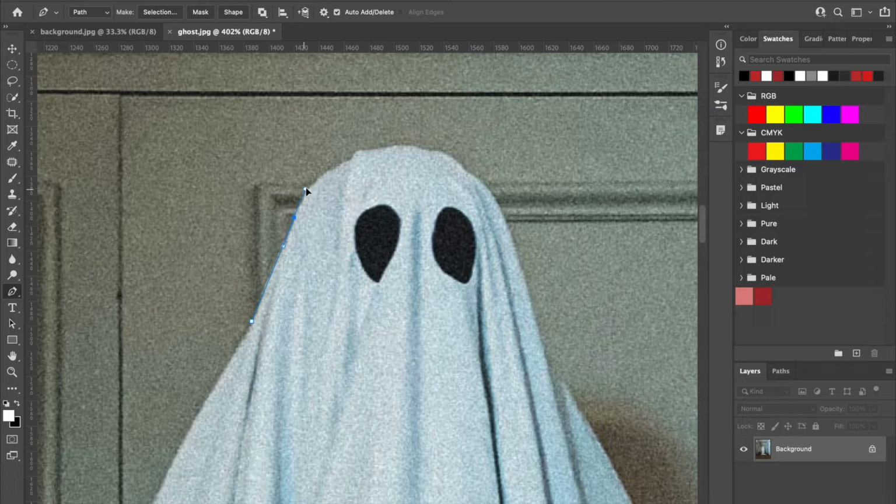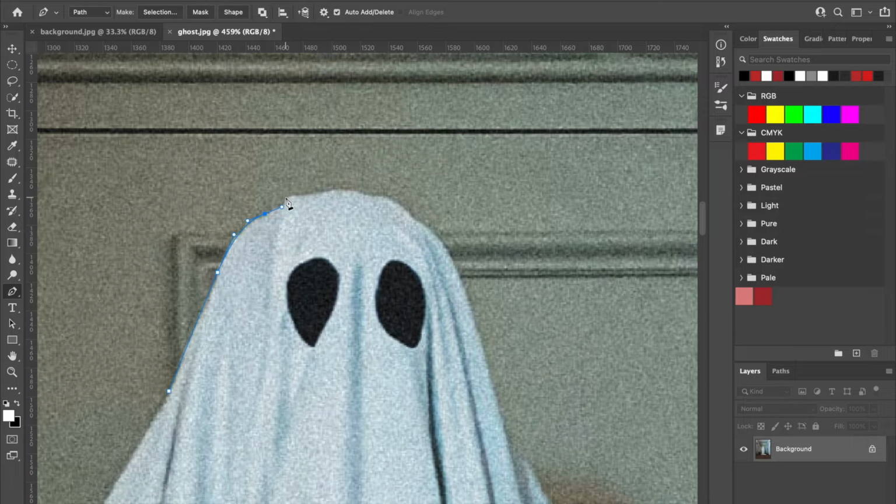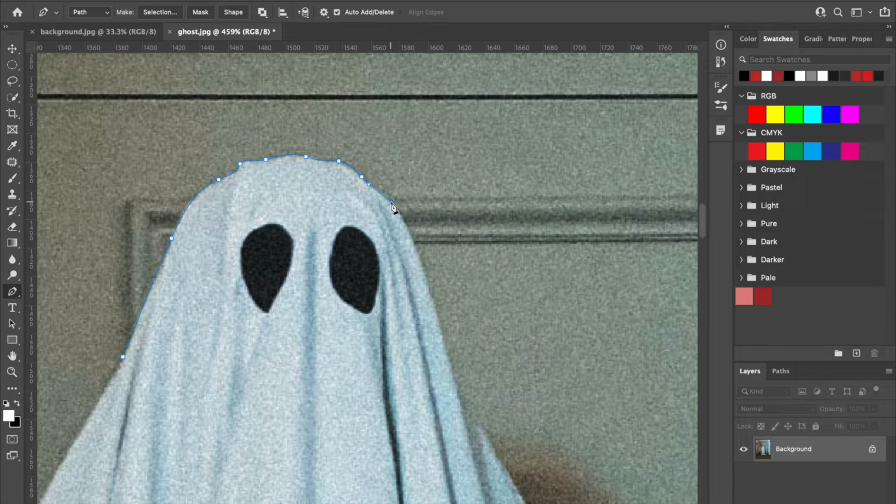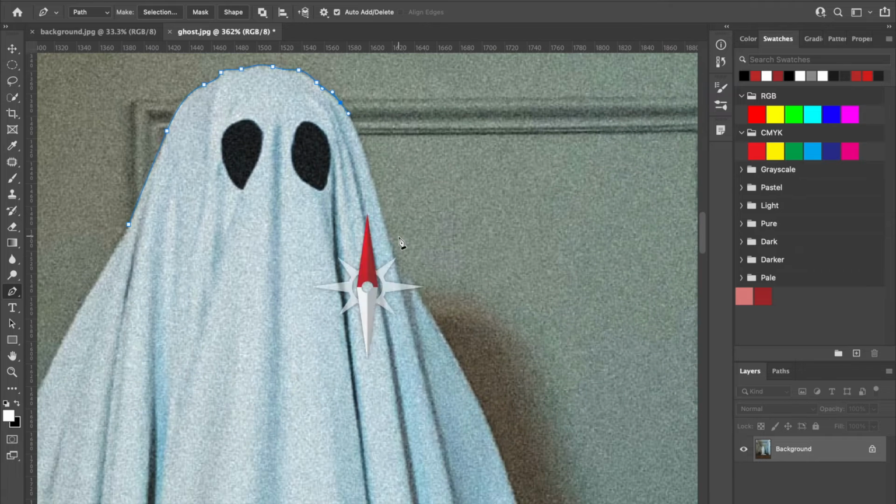I'm going to work clockwise here because I just find it easier. And as you can see, as I'm clicking, I'm also dragging because as I do that, it's going to create a curve to the line on this ghost. And as I'm doing this, it's hard up here as there's so many different ways, but as we get into longer smooth edges like this, we want to try to use as few anchor points as we possibly can, because